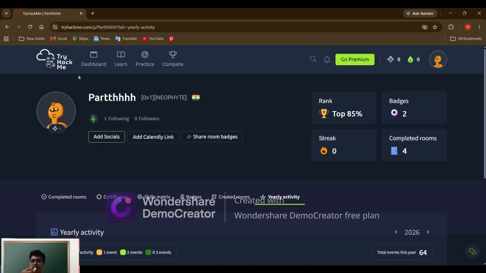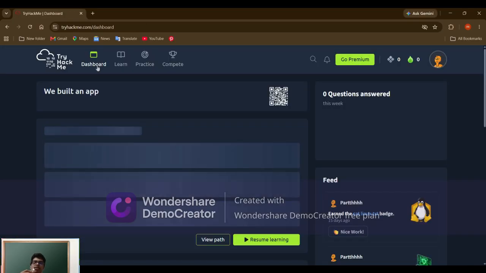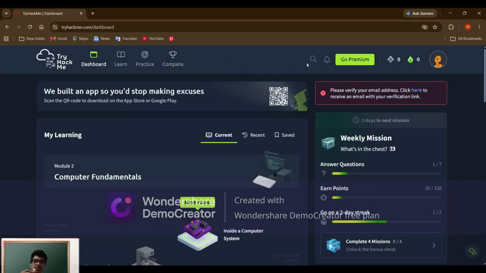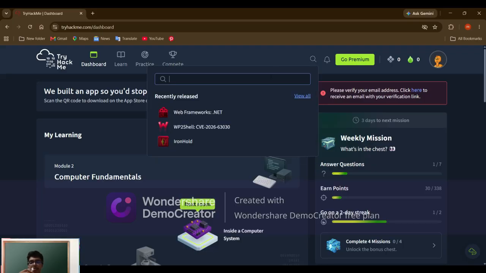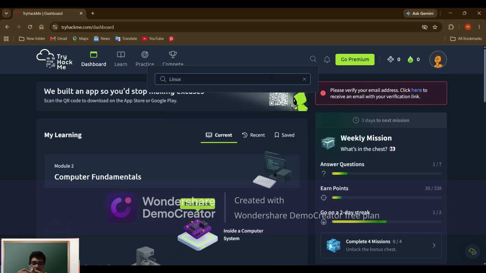That's easy. So let's jump into the next section: how to find courses in TryHackMe, because I see that there are so many people and students who don't know how to find courses and kinds of rooms in TryHackMe. So after coming to your dashboard, if you want to go to the dashboard, just click here, Dashboard. You can see the dashboard over here, and then go to the search bar. Click the search bar and type any topic you want to search. Let's search Linux. If I enter it,